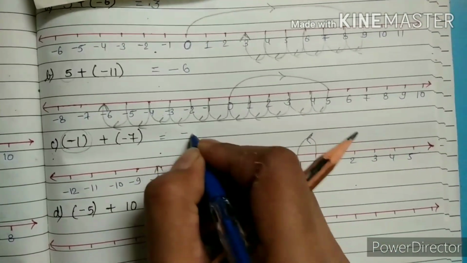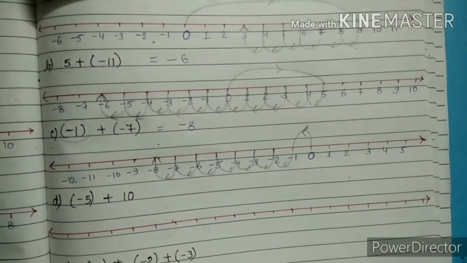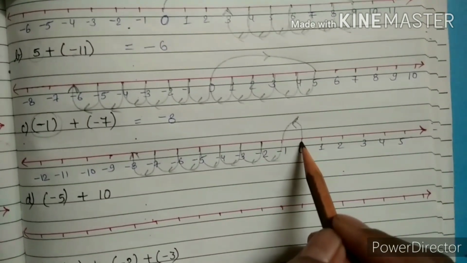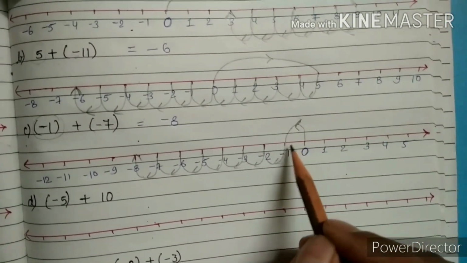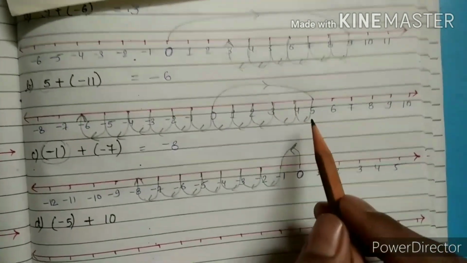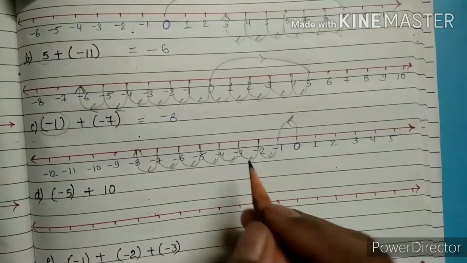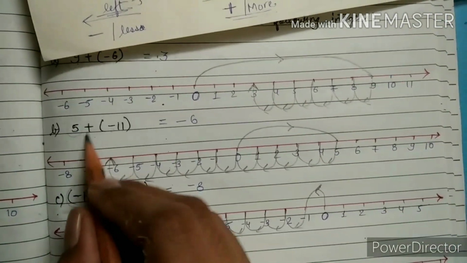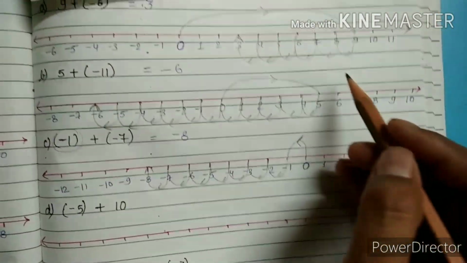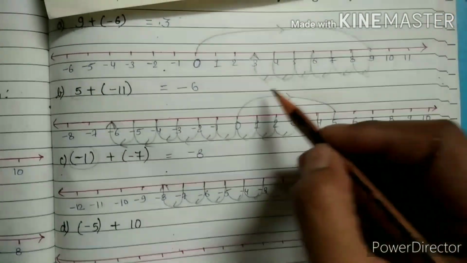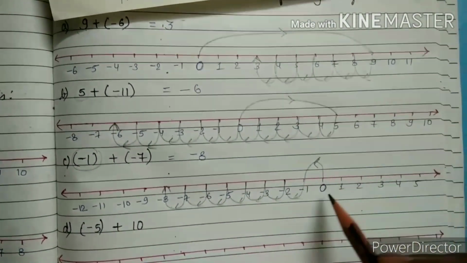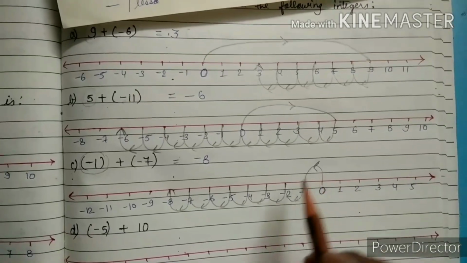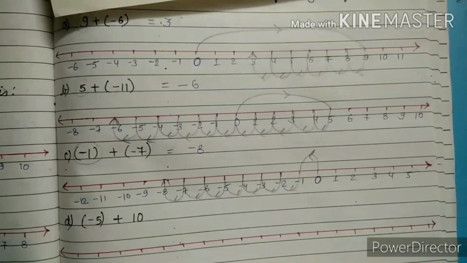So here we reach negative 8. Now you can see beta. The first step that we are taking from 0, I am taking on the upside, and the next step that we are adding into the first number, that is the negative 1, the 5 and the 9, they all I am drawing on the downside. So the first step that we are taking from 0 is the reaching step for reaching the first number.